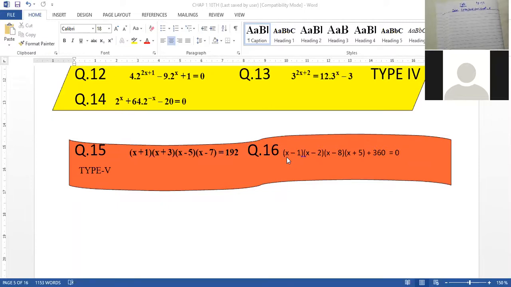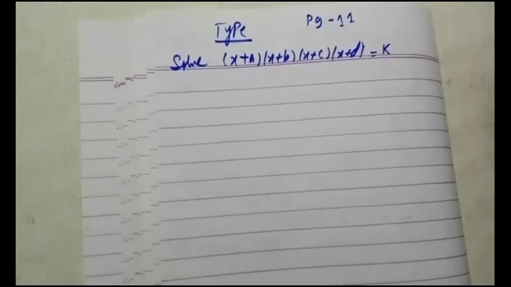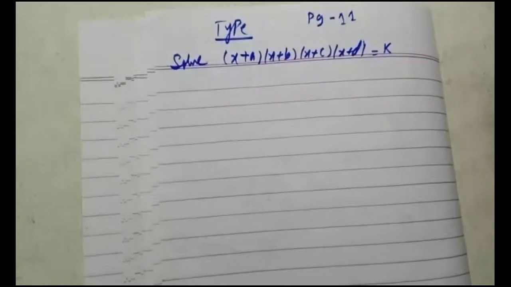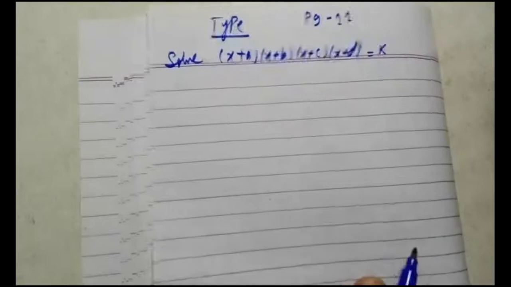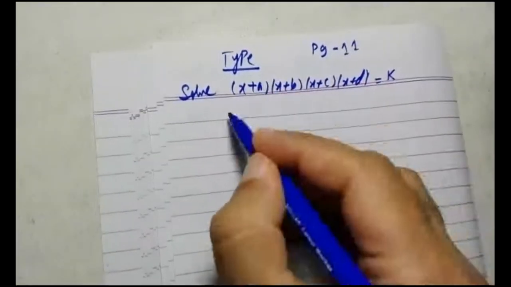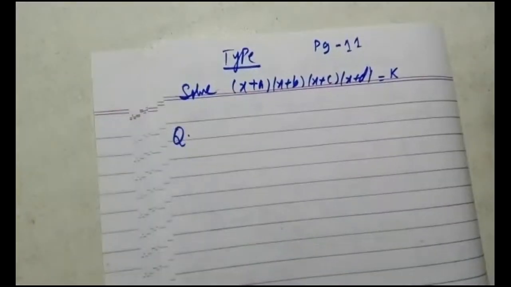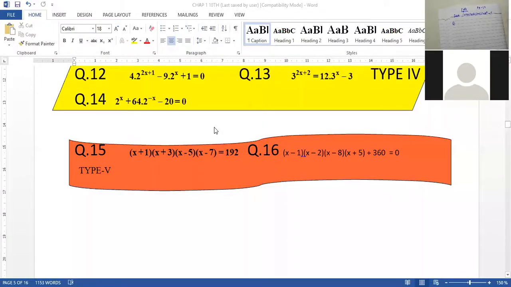I am also telling you that you people learned this type of question in grade 9, where you did the factorization. Similarly, we are doing the same thing again, and let me tell you how to solve it. So let me write the question. There are two parts. For your convenience, I will take question number 16. 15 and 16 are similar type of questions.